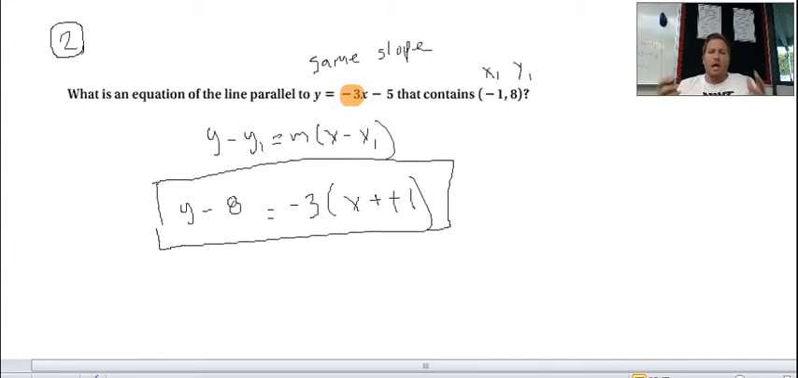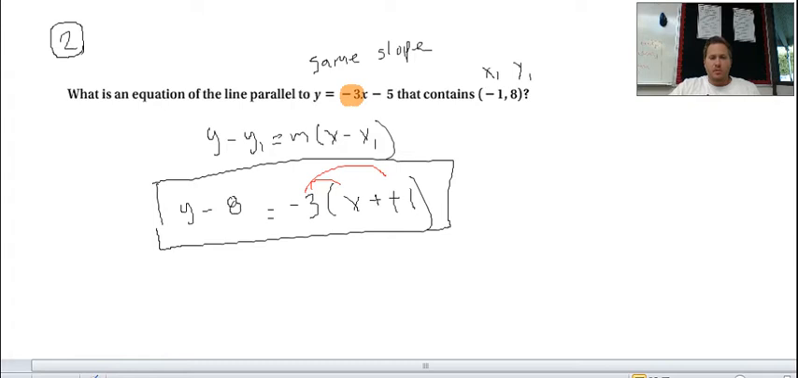But a lot of times we like to put things in our slope-intercept form. It's a lot easier to graph it in that form, and it's a lot easier to tell what the y-intercept is. So how can we put this in the slope-intercept form? Well, first, let's do a red pen right here,